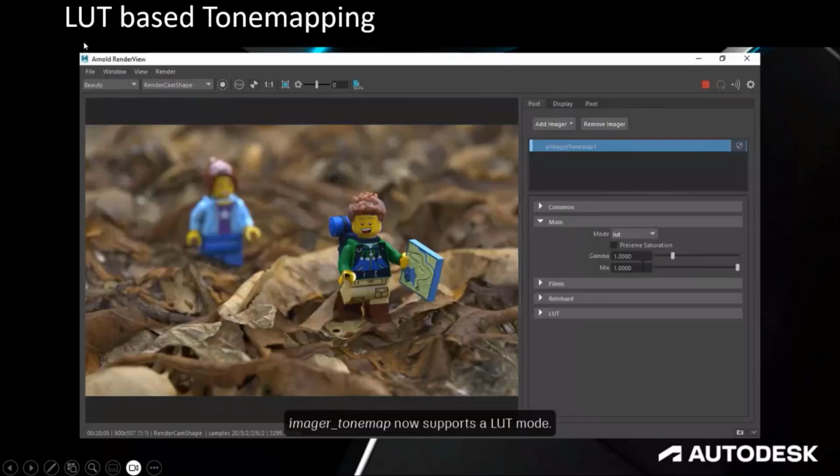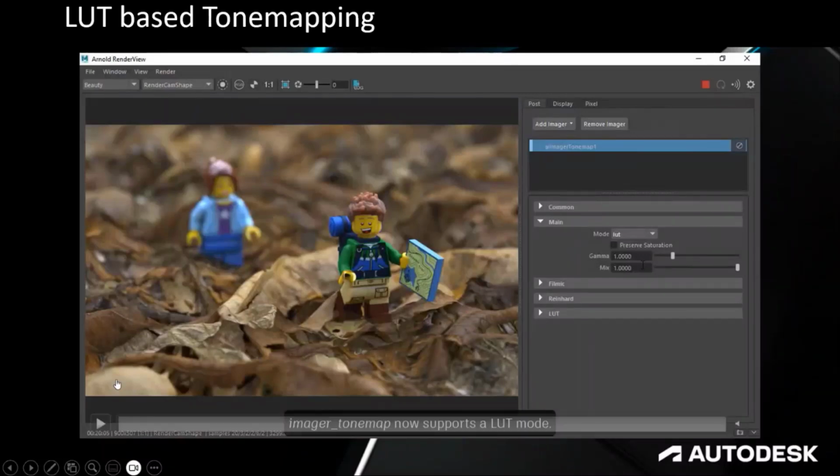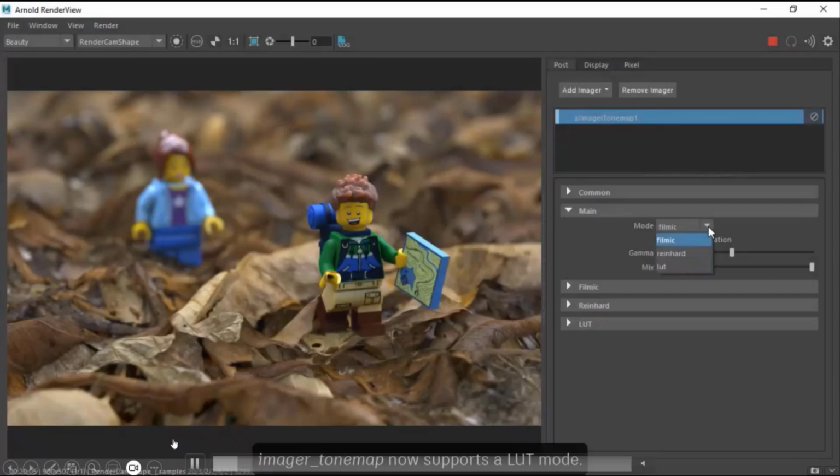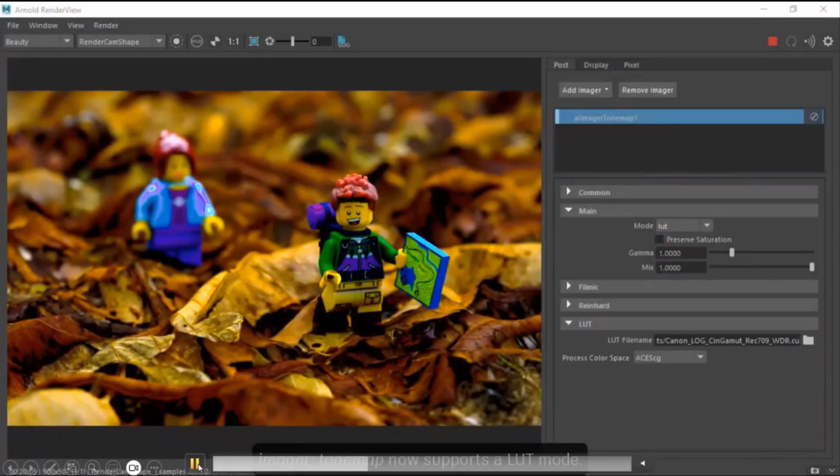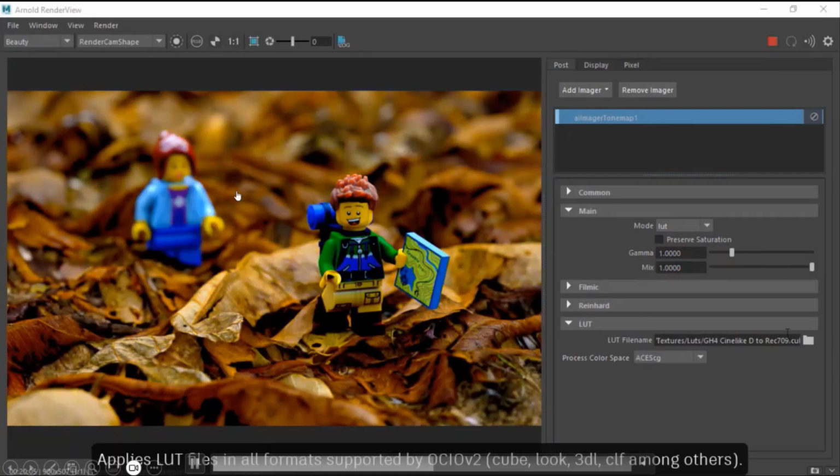I also have the lookup table, LUT. If you have an After Effects LUT, you can bring it here, and it works to create something cinematic. I want to add more cinematic look using the lookup table.